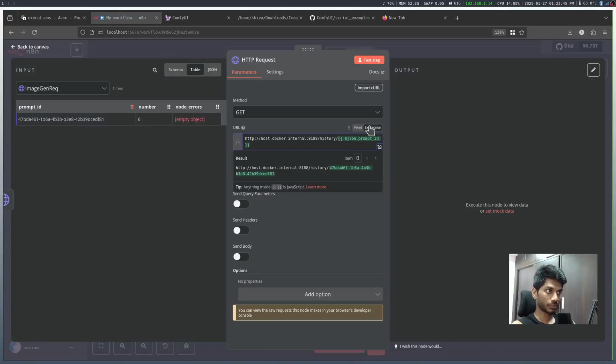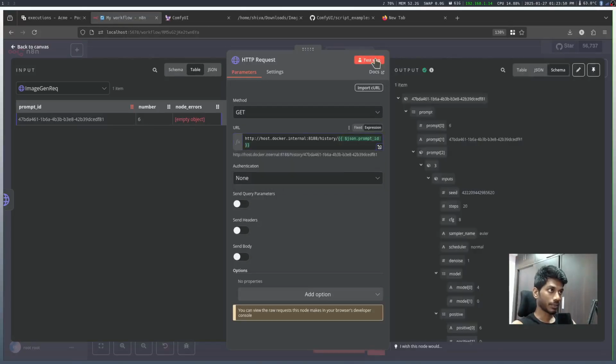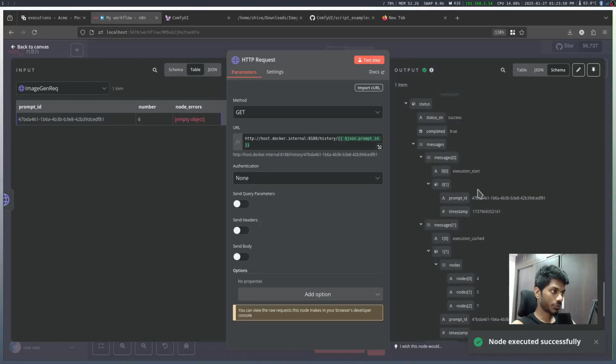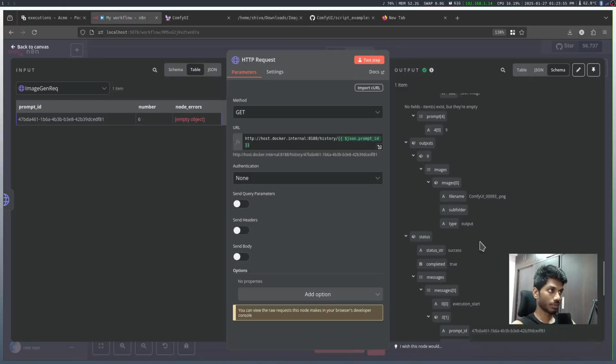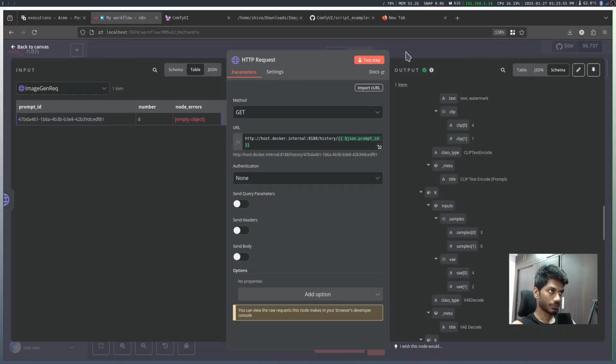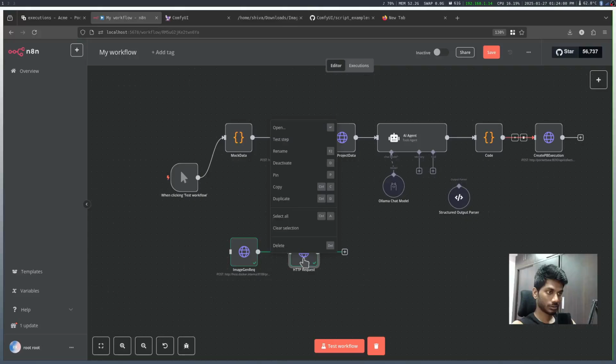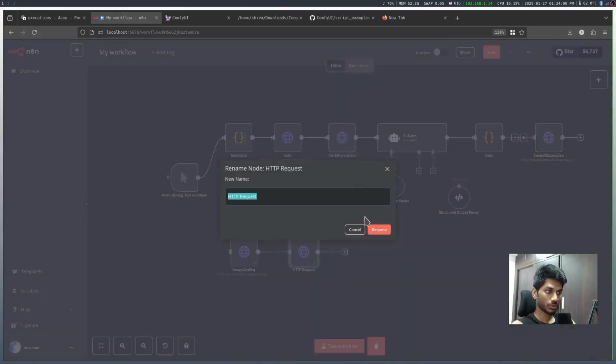I have to remove the space, and let's test it out. Yep, so I get the response back, which means that the data is present, right? So I'll rename this to check image gen status,